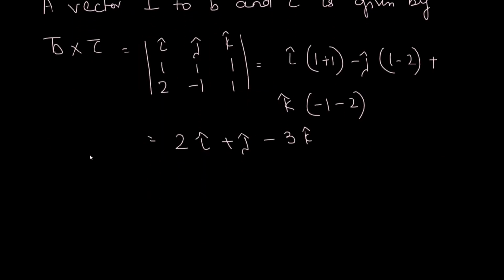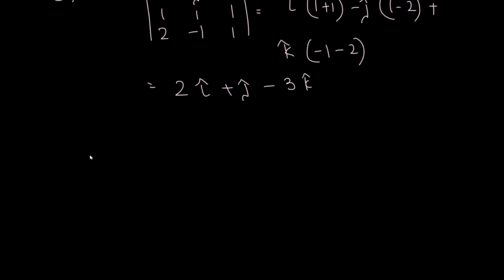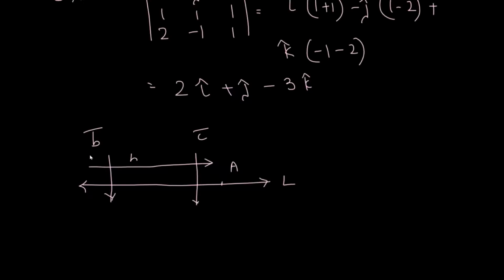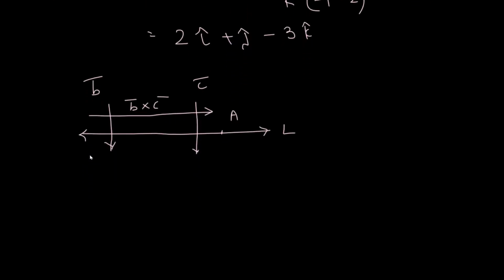So the situation is this way. We have a line, say this is the line L, passing through a particular point, say A. Now this line is perpendicular to two vectors, say this is B, and it is also perpendicular to the other vector, that is C. Now we have found a vector which is perpendicular to both B and C. That means that vector is given by B cross C. Suppose this is the vector B cross C. That means we have found a vector which is parallel to line L, and that vector is nothing but B cross C. So this diagram was only for your information. There is no need to draw this diagram in the exam.